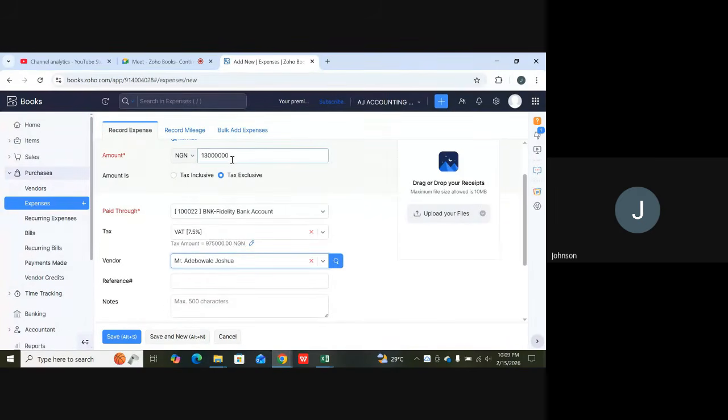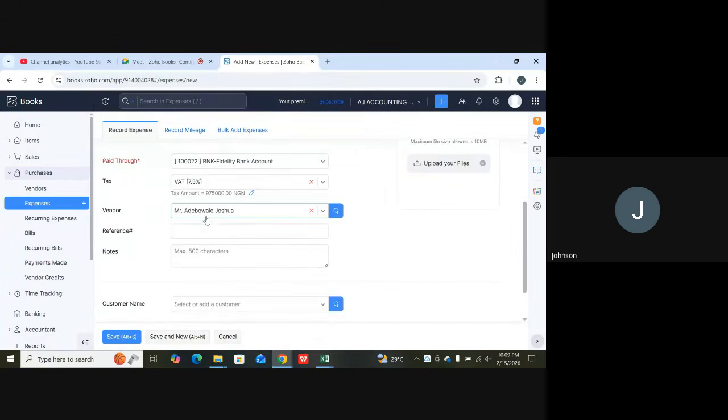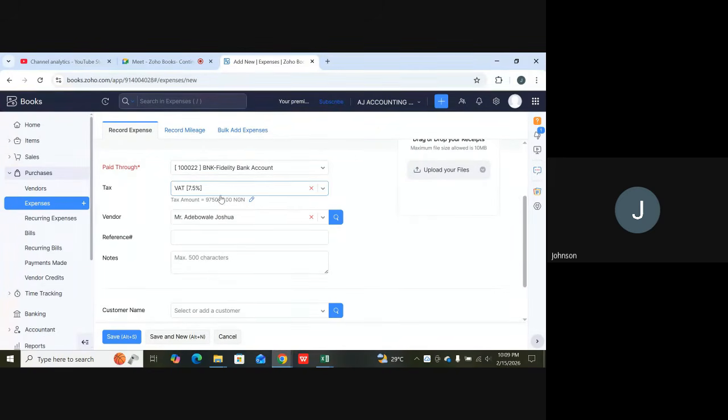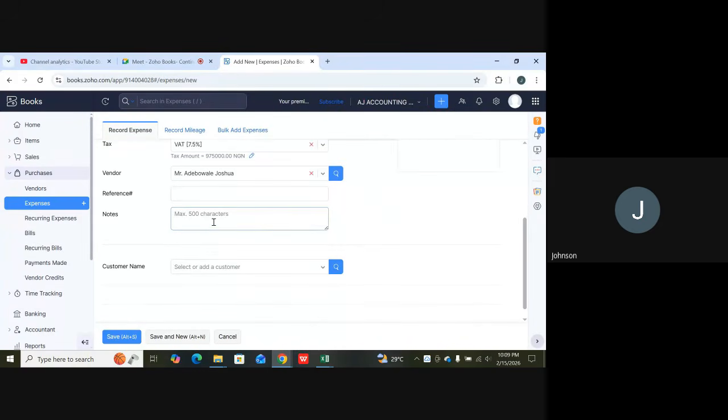Fine. So the amount. Because we are picking tax exclusive, it means that this amount is the original amount we bought it for. Then we pay tax on this amount. We can actually choose tax inclusive to mean that this amount is inclusive of tax. But I always like putting it as tax exclusive so that we calculate the tax separately. So let's assume we pay tax on this vehicle. Fine. Then the next thing we want to do is